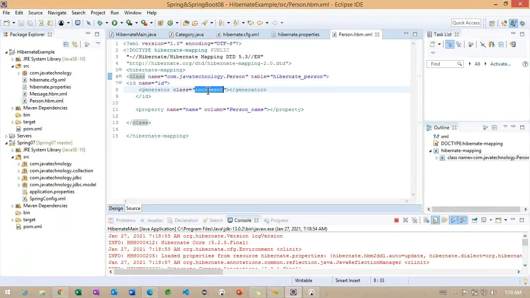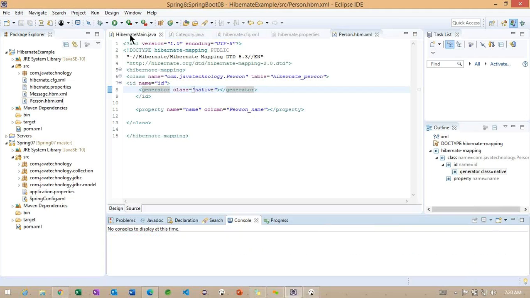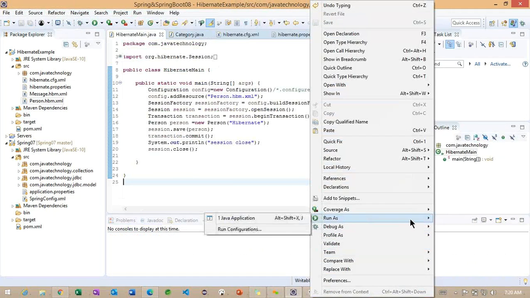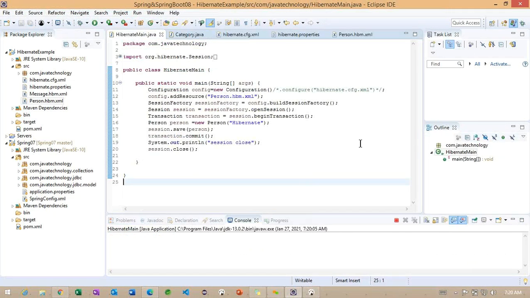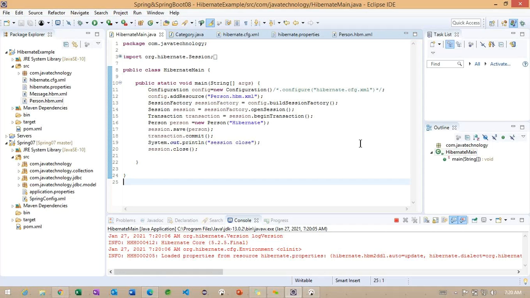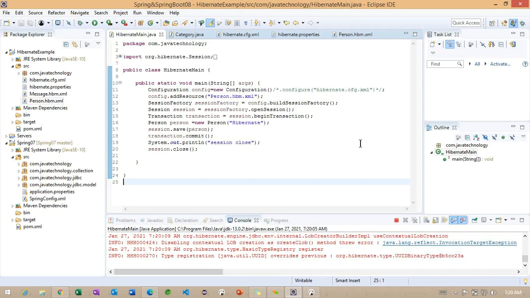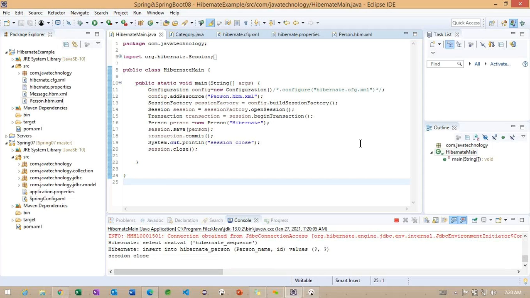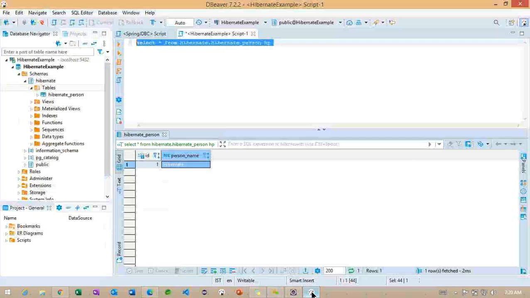Let me try to specify another one called native. I want to provide it in multiple ways. Okay, now we can check here.